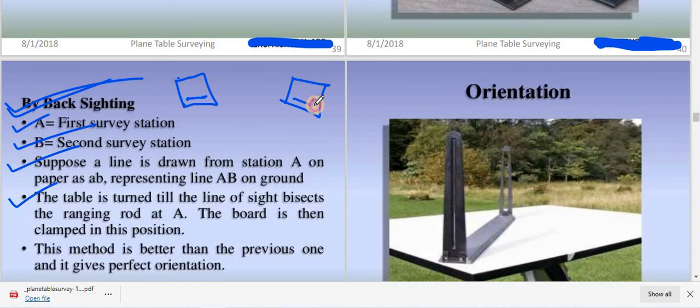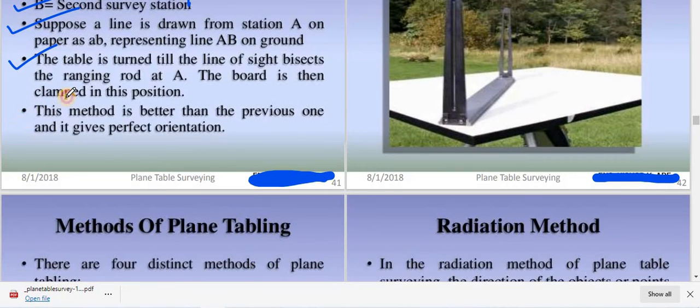This is B, this is A. Now you will have to keep the alidade parallel to this line, fix a ranging rod at point A, and turn the table till it exactly bisects your ranging rod at A. Once it has been bisected, that means the orientation has been done perfectly, and you can proceed for your further process. This method is better than the previous one as it gives perfect orientation. As no trough compass is involved in this method, it will give you a more accurate result as compared to your magnetic needle method or trough compass method.